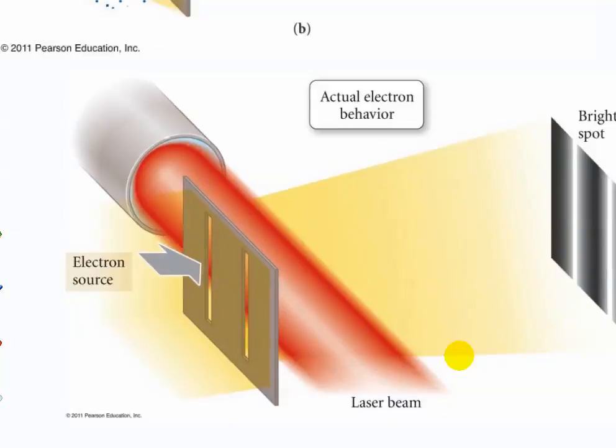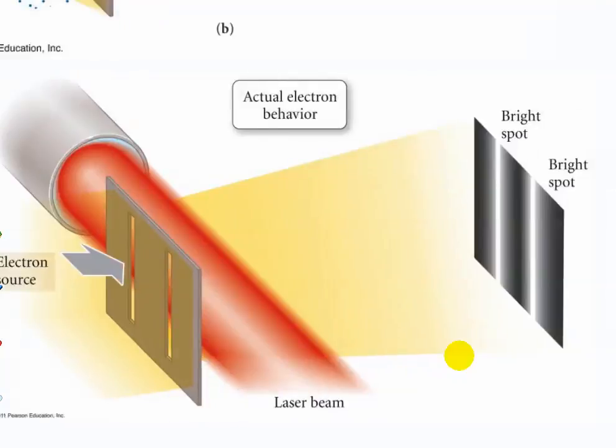If you take a laser beam and put it in front and try to detect where the electrons are coming out, so you can see whether they're coming out in one place or another, then suddenly your diffraction pattern changes. So just the act of measuring it changes the behavior of the electrons from a wave behavior to a particle behavior. And this gives rise